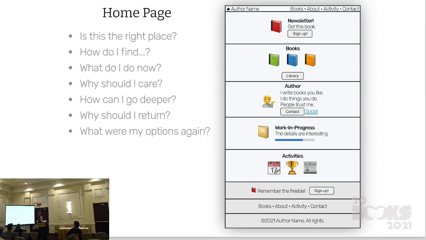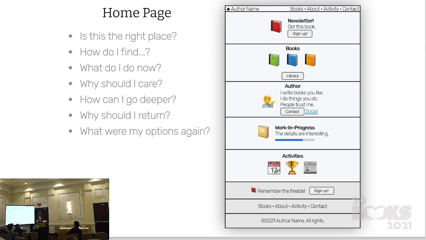Okay, what's the next thing that people are going to be thinking when they arrive on your website? This is a trick question because there's 2 audiences for your website. There's the audience who knows they want something from you, and there's the audience who's only curious. Now, we're going to address the curious people later, but since they don't have an immediate specific need, we're going to deal with the people who know what they want first. And for them,